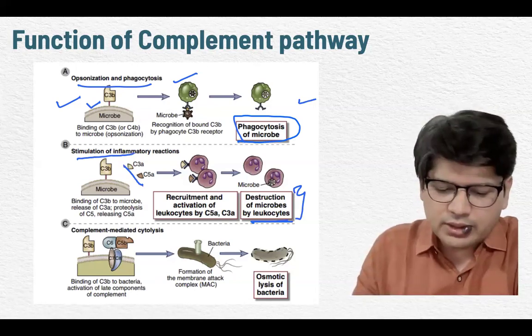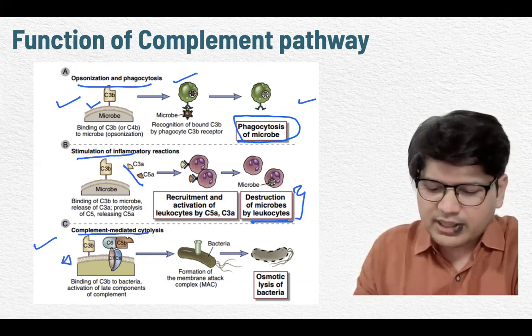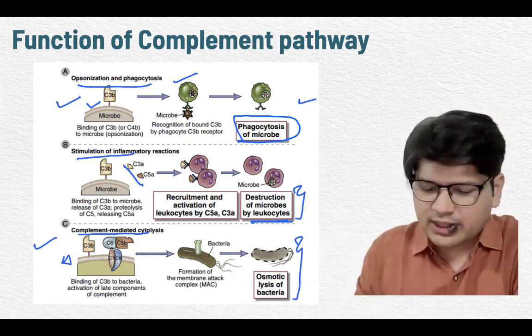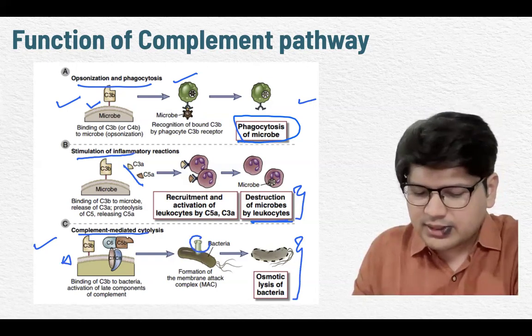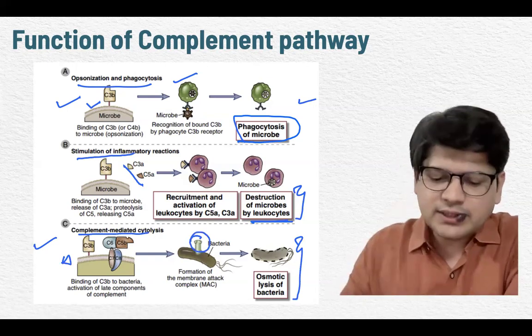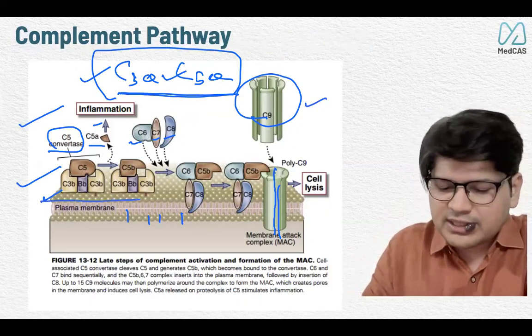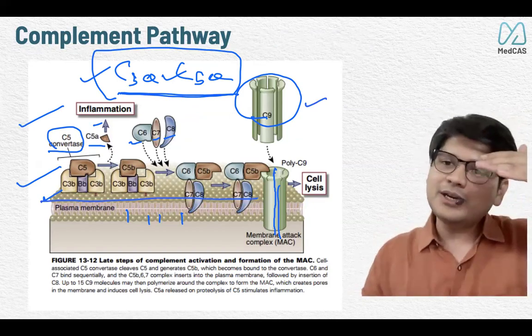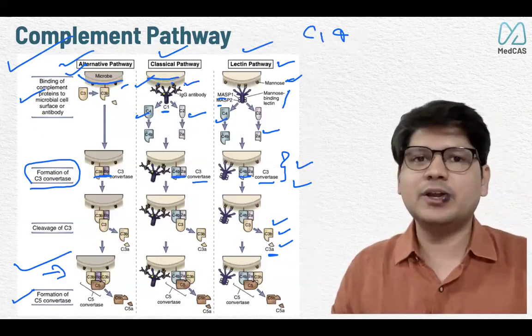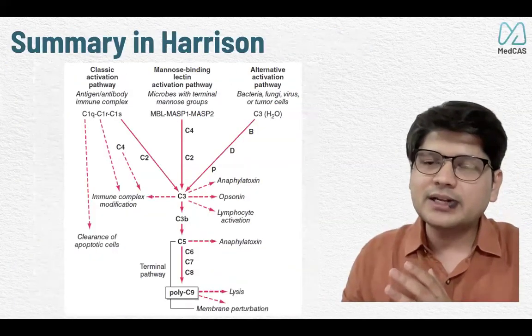And third, what we told is complement mediated cytolysis, where the membrane attack complex will come and do the osmotic lysis of bacteria by making pores with C9 as the final product. Now, see, the ultimate aim was to make this pore, but to make this, you need complete machinery like this, and for that, you need a start like this. So this is how the complement system totally kills and does its function.